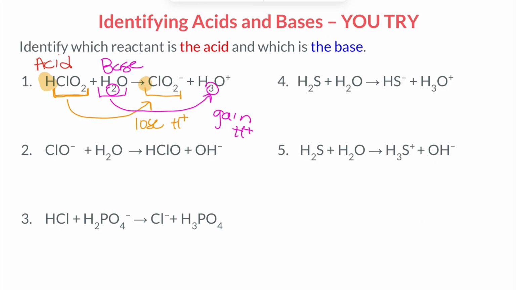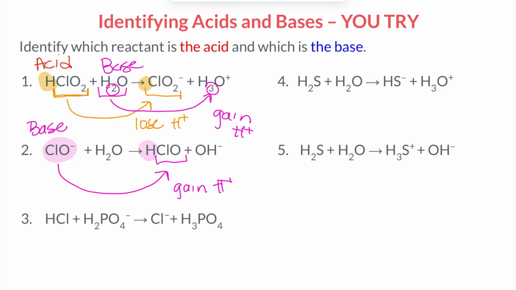Looking at this next one, HClO plus H2O. Water could be an acid or a base. So we need to be looking at what else is going on. That ClO, this doesn't have a hydrogen, so it's not going to lose a hydrogen. So we can see that we're going from that ClO minus and then gaining that hydrogen. So gaining a hydrogen, that means that this is a base,